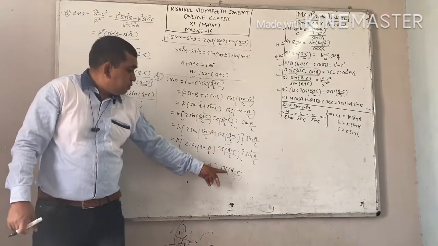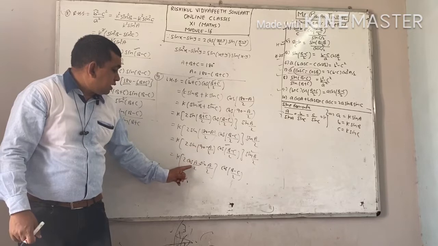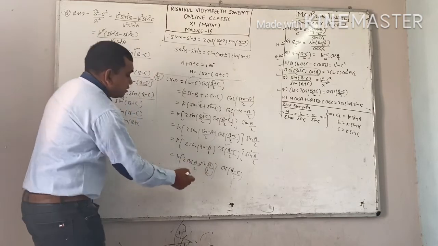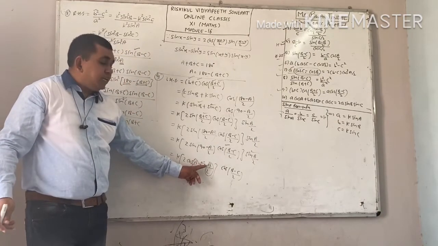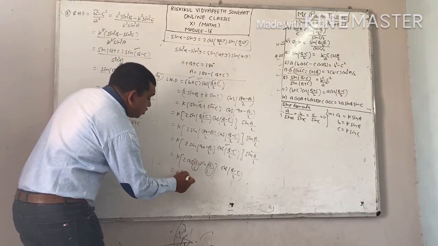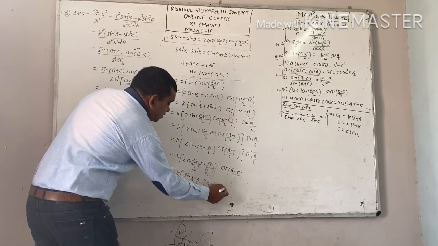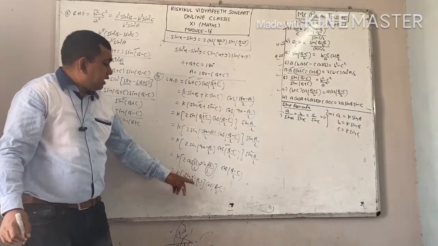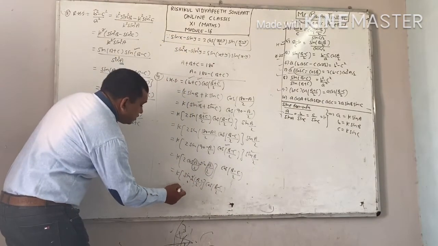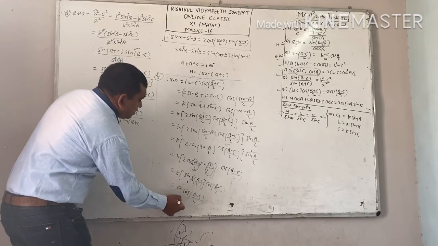Right? See again, cos B minus C by 2 is outside, K is left, this 2 is left, sin 90 minus theta is your cos theta, cos A by 2, and this is left. Now let A by 2 equal to x. This will become 2 sin x cos x and this is the formula of sin 2x. You can write it as sin 2x, x is your A by 2. This 2 is cancelled out. K sin A, I required small a. See here, K sin A is equal to small a and we will get our answer. This is equal to right hand side.